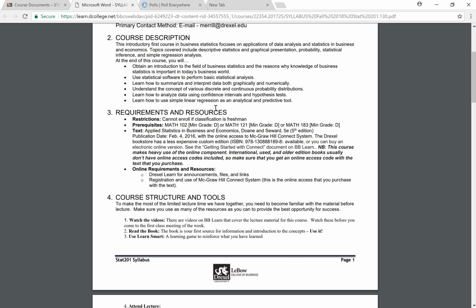And so when you take Stat 202, a lot of the professors in the department teach with the same book, so you should be able to use your access for that, which is nice.